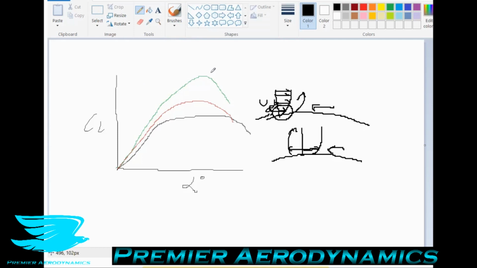Another reason why a higher maximum lift coefficient occurs is for a similar reason, but not exactly the same. If we have a higher Reynolds number, what this means is that the inertial forces are greater than the viscous forces, so they're playing a greater role. The higher the velocity, the higher the Reynolds number, the greater the inertial forces are. This is very important because if we have a higher inertial force, it means that any disturbance that comes into the boundary layer, so let's say again we have the exact same airfoil surface, and we have this little disturbance